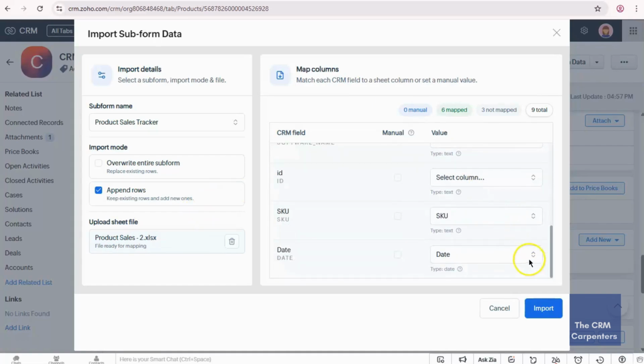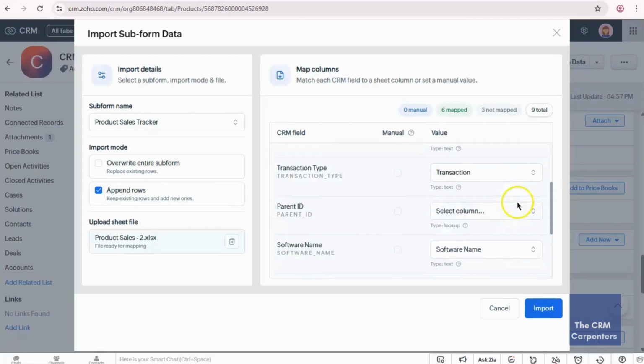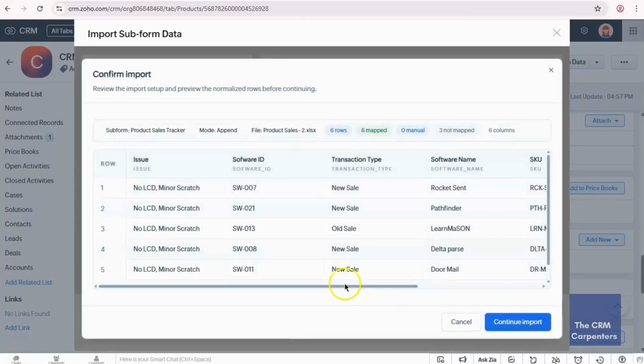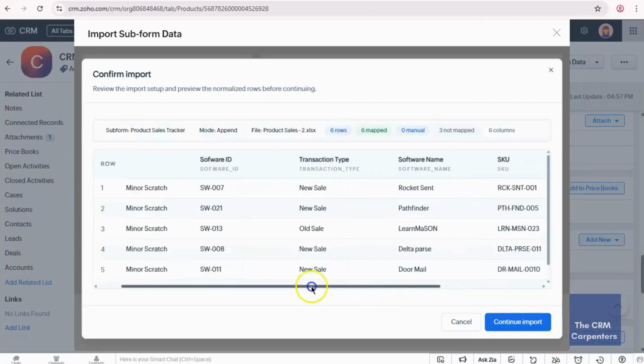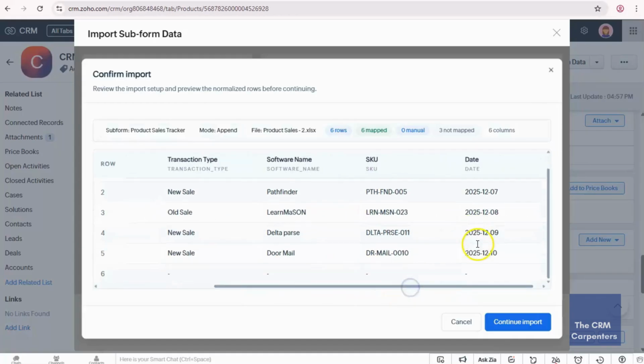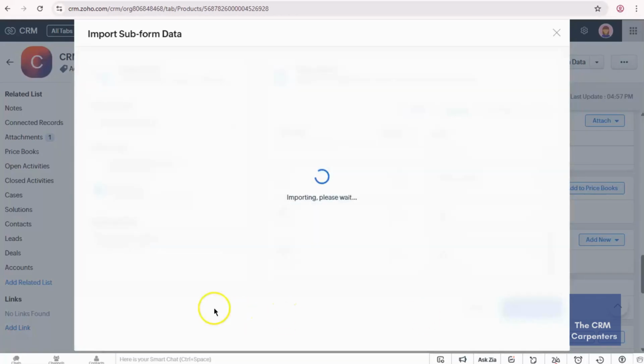So let's try to import it. This will preview the import setup and give you some time to review and finalize the data columns you're about to import, and let's continue to import.